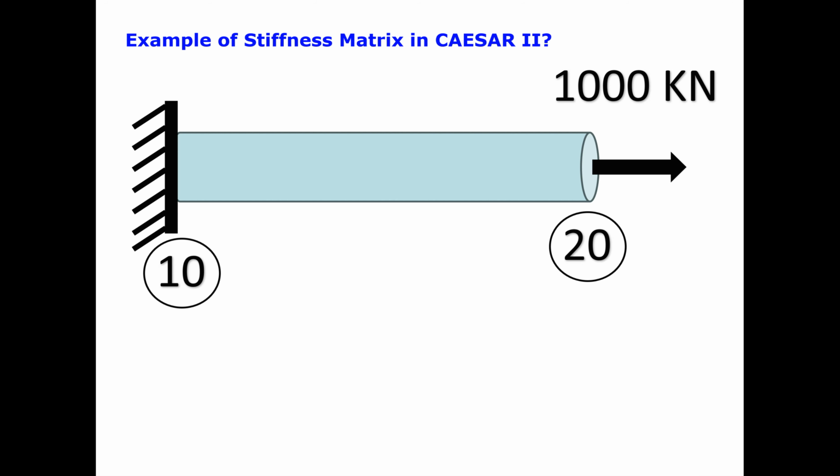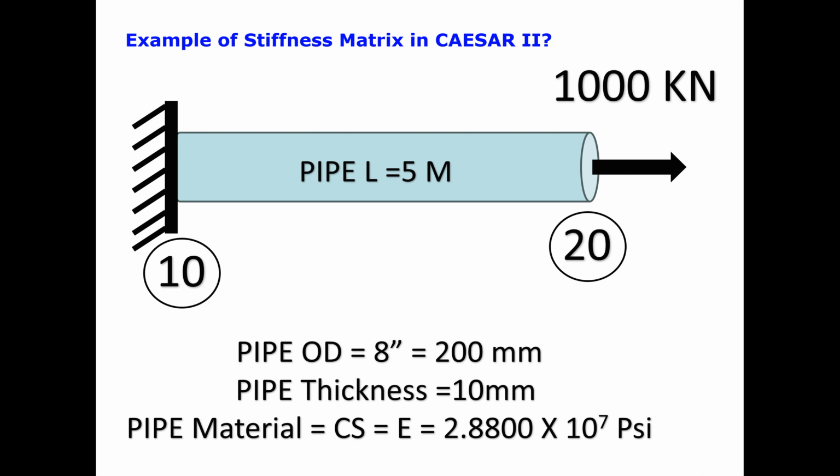So the maximum displacement will be due to this axial force. The pipe length is considered as 5 meters. OD of the pipe is 200 mm or 8 inch. Pipe wall thickness is 10 mm. Pipe material is carbon steel with Young's modulus E equal to 2.88 × 10^7 psi,